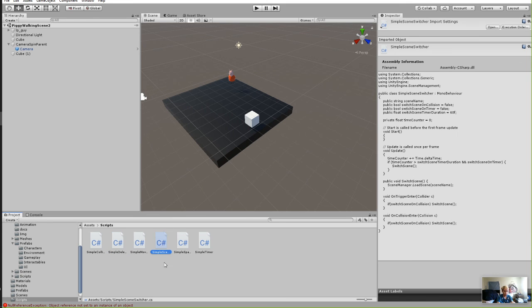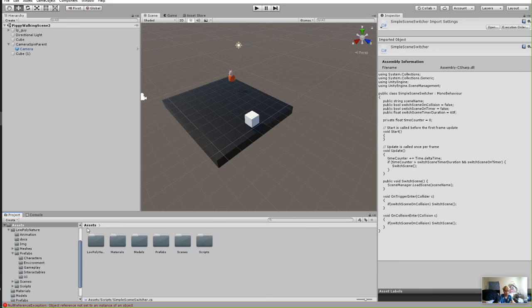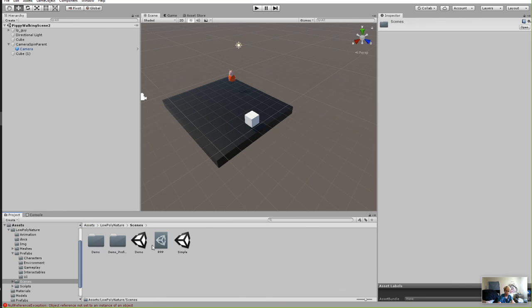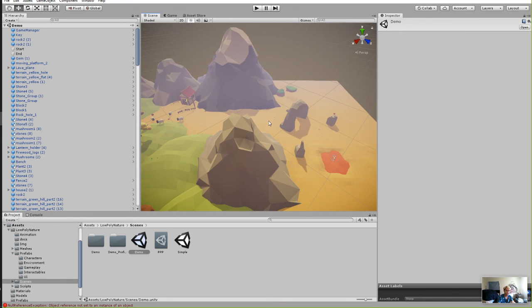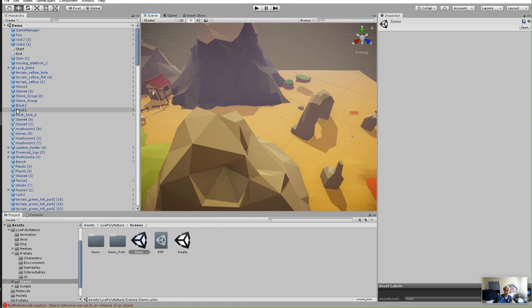I think this simple scene switcher thing is very powerful because it is what enables you to take assets off the asset store and then use them efficiently, simply, easily in your own projects. Like I took the walking system, and I could even go into the big demo scene that I was complaining about. Man, I would never want to work in this. And I'm just gonna make a